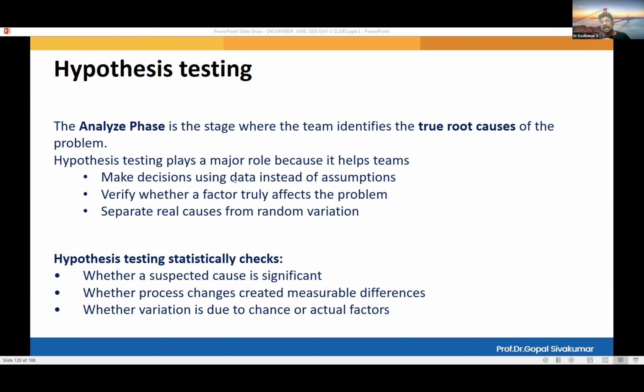Without data, you should never ever come to a conclusion in the Lean Six Sigma methodology, especially in confirming the root cause. Because if you decide the wrong root cause, let us say the doctor, instead of cancer, says it is some kind of kidney issue, then he will be giving a wrong solution and wrong medications. Similarly, if we choose a wrong root cause and confirm it, you will be providing wrong solutions, and you will not get the expected results as you have claimed in the initial stage.